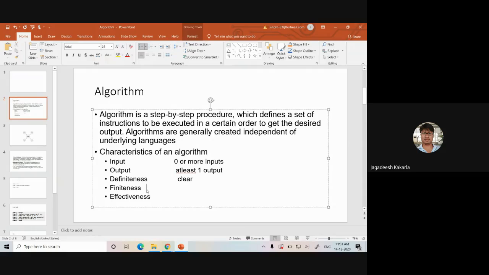The meaning is that there is a logical error. See, there are two types of errors. One is syntax error, and another one is logical error. Syntax error means you have forgotten to write a semicolon. Instead of main, you have written something else. Instead of stdio.h, you have written studio.h. Then when you are compiling, it will show this is an error. That kind of errors we will call syntax errors.